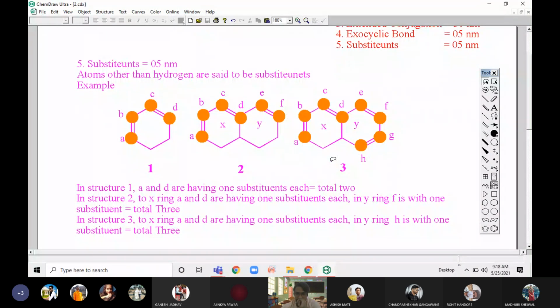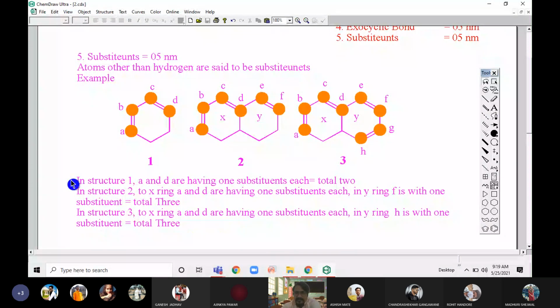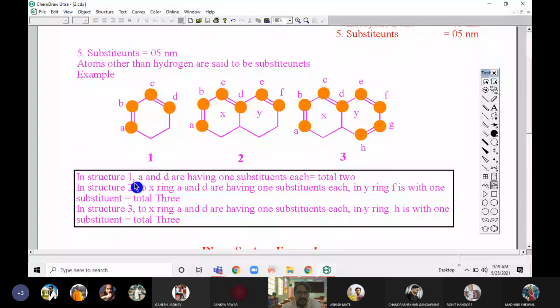Here is how we are going to find the substituent: we have to find to which atom the substituent is attached. Here carbon is there, right? Carbon, carbon, carbon, carbon, and this orange color represents the carbons which are part of the diene system. So these four are A, B, C, D. I have already labeled them. Now A, B, C, D are not the bonds, but the carbons of a diene system. Now see, it is very clear that in structure 1, A and D each have one substituent.